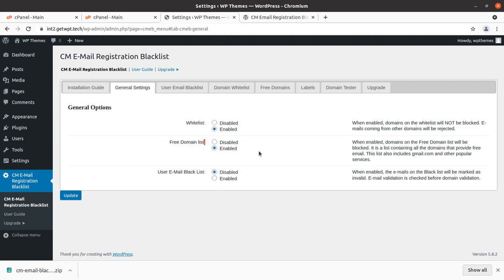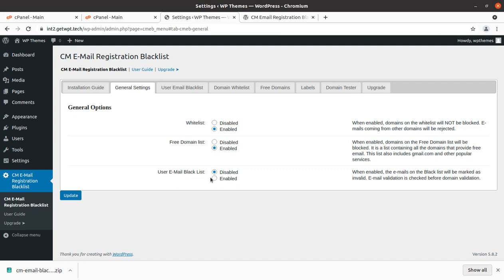It is a list containing all domains that provide free emails, which also includes gmail.com and other popular services. So you can block all the free domains from here, and it is enabled by default. You can disable it if it is not required.